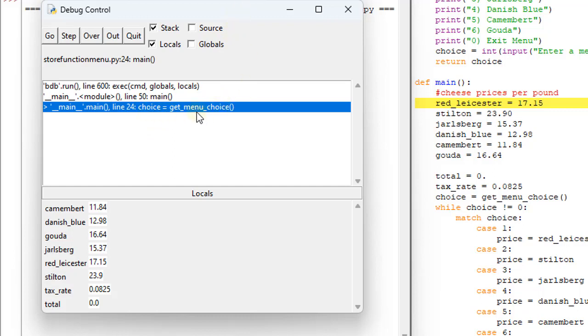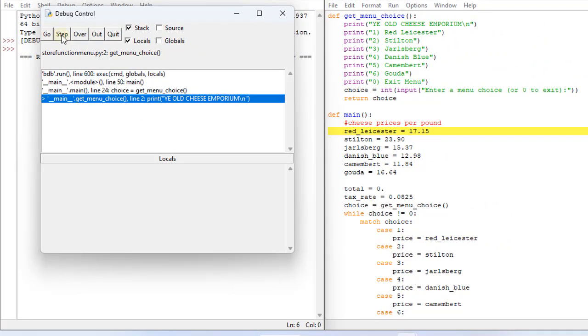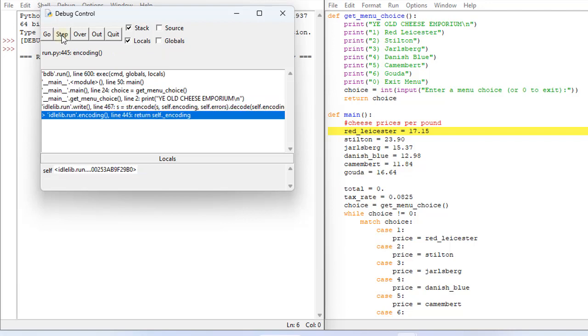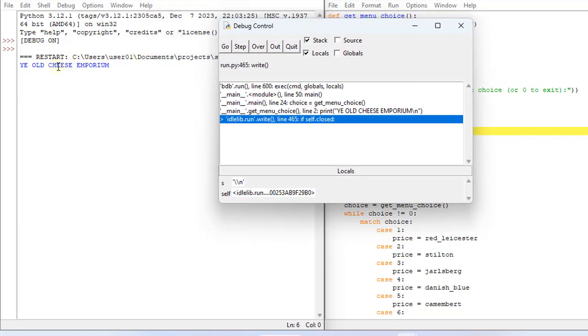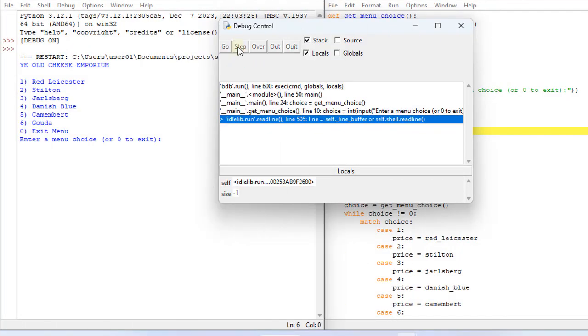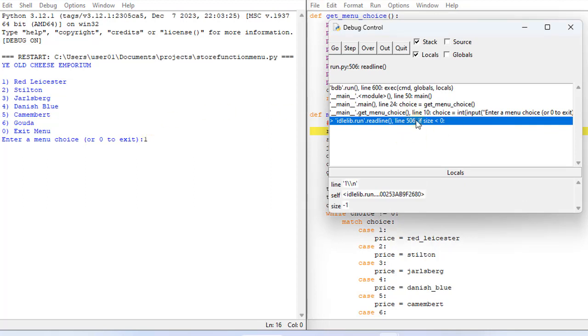So choice is going to get the get menu choice, so it's going to jump up there. So we'll step. Okay, and we'll keep stepping. The next line is print, and so we will step, and as we step through this, it's going to start printing over here. So we'll step, step, step, step, and we finally get to the point where it's asking us for some input. So we'll click here, and we'll go ahead and put in 1, hit enter, and then it's going to do some checks over here. So we'll keep stepping,